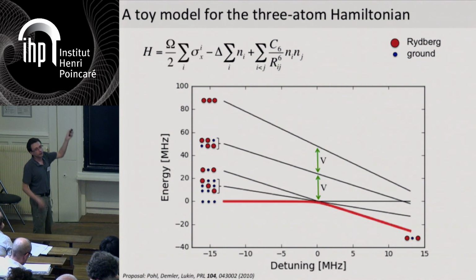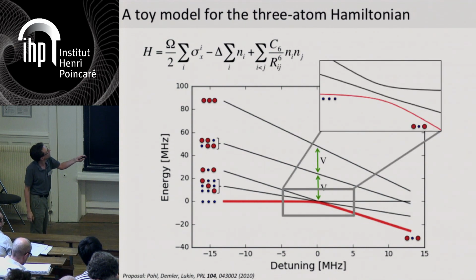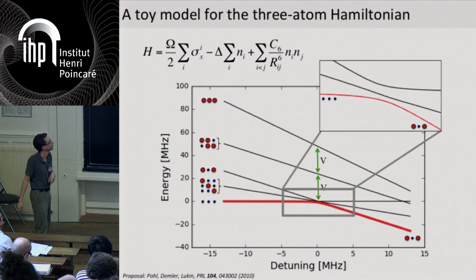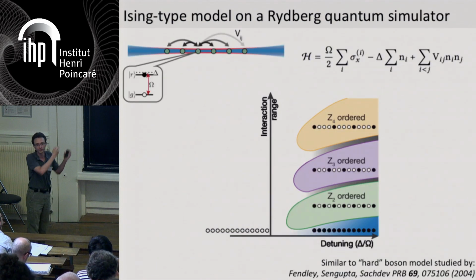Now if I put back the driving term, which is this Rabi frequency omega, all these crossings become anti-crossings because of the coupling. And in particular, if I zoom here, I see that there is now a possibility to deform the ground state of this many-body Hamiltonian from this state here, where all atoms are in the ground state, to this ordered state where I have one Rydberg excited atom, one ground state atom, and one Rydberg excited atom again. So this is for the trivial 3-atom case. And now to go further, we must rely on theorists.